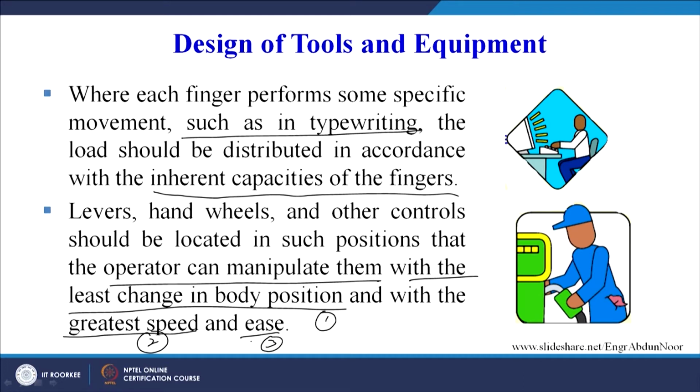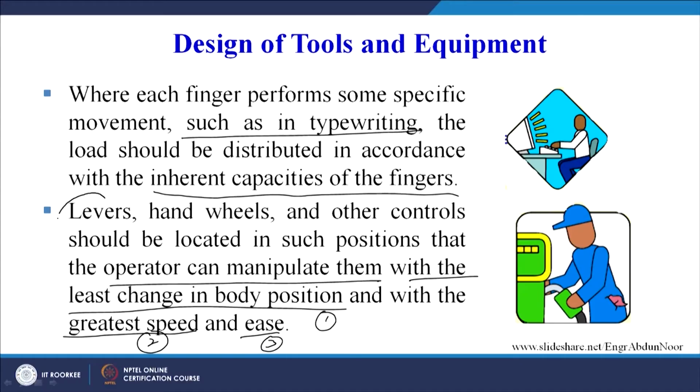Now a simple example is when you are driving a car and you have to change the gear. If you have to bend always to change the gear, you may not feel comfortable driving 100 or 200 kilometers. But in the design of present day cars, a person can very easily change the gear without moving his body or torso. If you want to increase the volume of the music, the controls are available on the steering wheel only. So without changing the body posture, you can control everything related to the car.